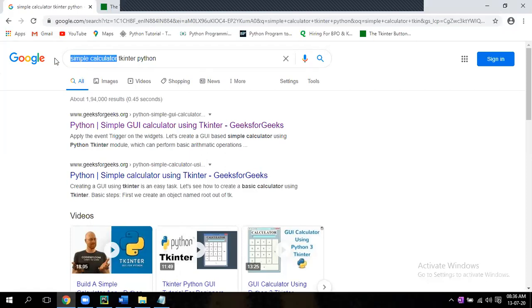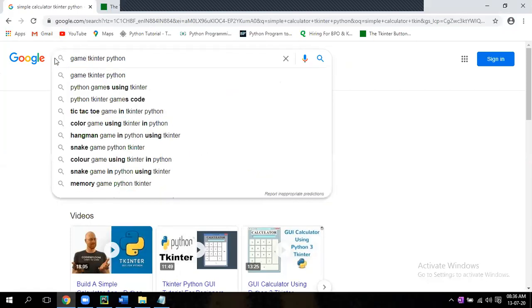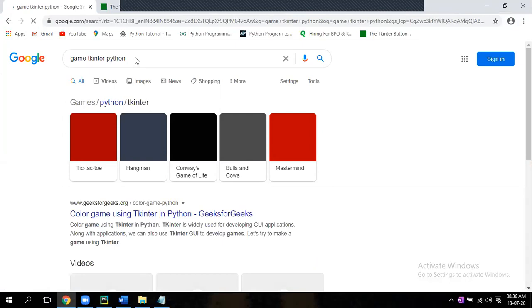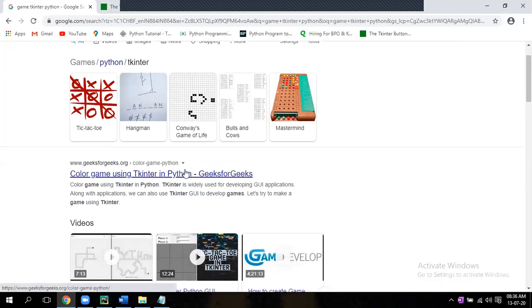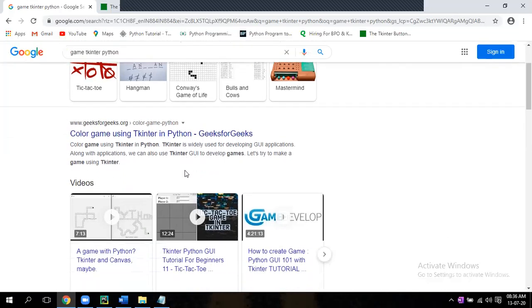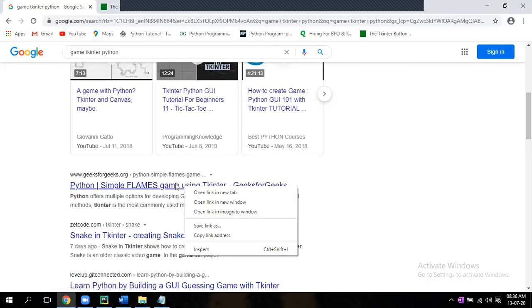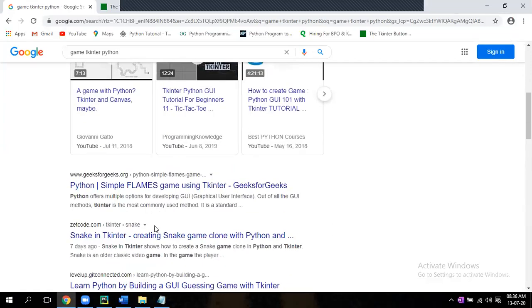Search Python, color game, so many games are there. I think Masood is interested in games, so he can try the snake game. Sure, snake game below that.